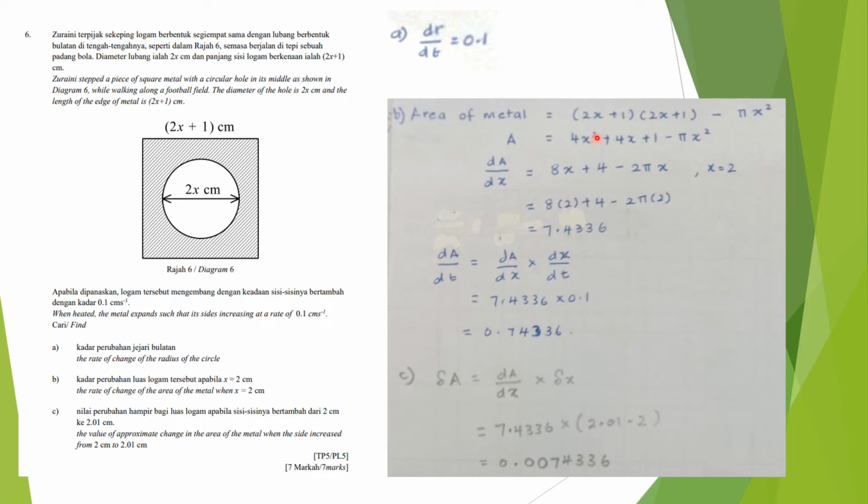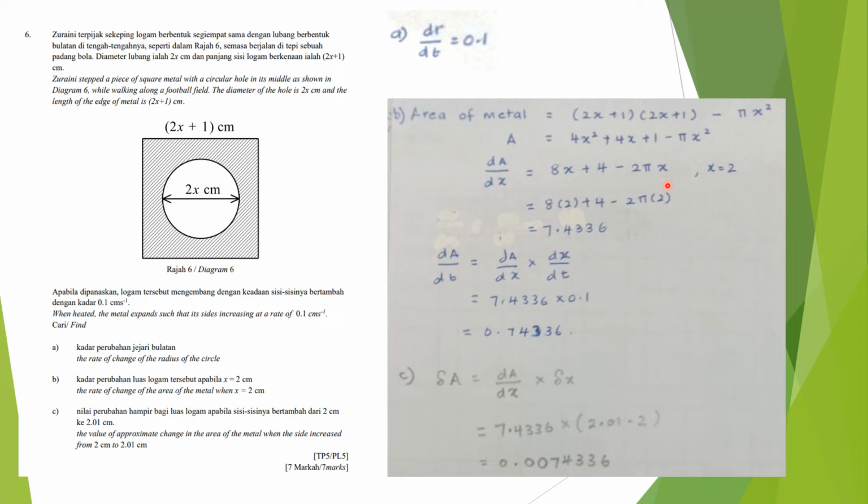So we get 4x squared plus 4x plus 1. Expand the quadratic minus the circle, pi x squared. Our radius is x, so pi x squared. So we differentiate our area, dA over dx. So 4x squared we get 8x, 4x we get 4, 1 we get 0, pi x squared we will get 2 pi